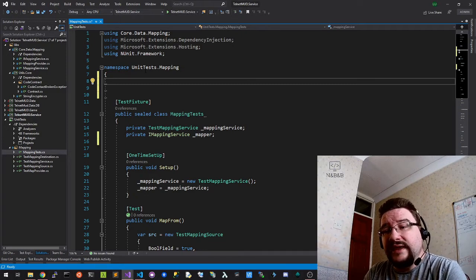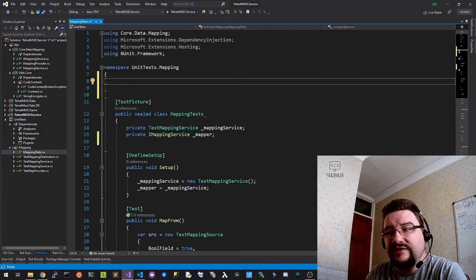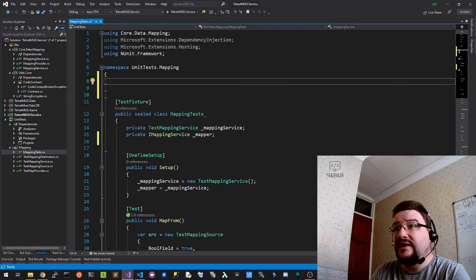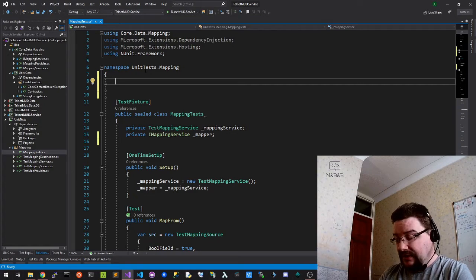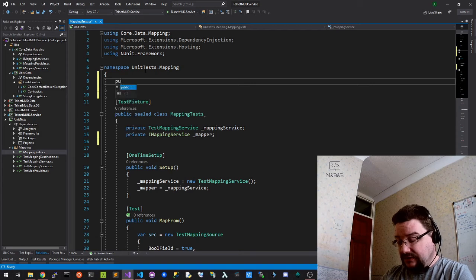And then what you can do is you can essentially spin up a class by using the IoC container to say, right, I need a class of type, in this case, mapping tests. And the constructor of that will contain some dependencies. And because you've put those dependencies in, the container knows how to build them. It says, okay, so if we're doing a mapping service, an I-mapping service, I know that that's implemented by the test mapping service. So here's an instance of the test mapping service. And normally that you could do something like